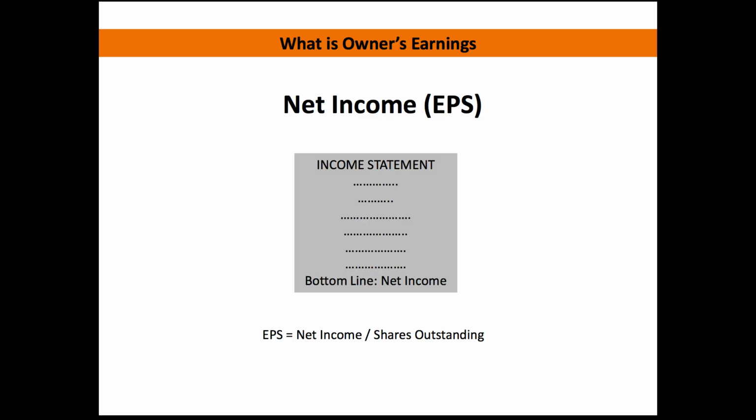owner's earnings. Okay, so starting from the very beginning, we know that the income statement is where we figure out what the EPS is, or the net income of the business. And so when we turn to that income statement and we look at the very bottom line, that's where the net income is at, and this is the profit of the company. If we want to figure out what that profit is per share, what we do is we just take that net income and we divide it by the number of shares outstanding, and that tells us the EPS, or the